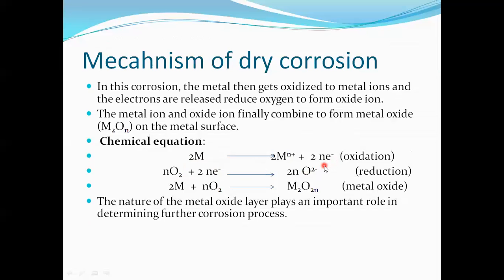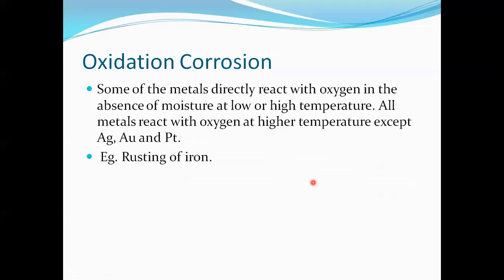Loss of electrons is known as oxidation and gain of electrons is known as reduction. When the metal is treated with oxygen, it gives rise to metal oxide. I'm repeating: when a metal is treated with environmental conditions, the metal gives rise to metal ion plus loss of electrons. Loss of electrons is oxidation. Now the oxygen gains 2 electrons from the metal and is reduced, and the metal combined with oxygen gives rise to metal oxide. In our previous class, we discussed that corrosion is nothing but an oxidation process, an oxidation of a metal surface.